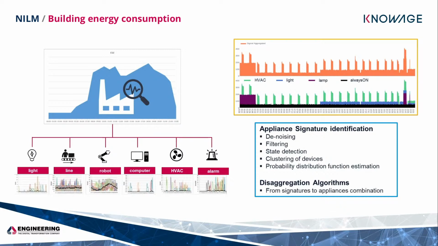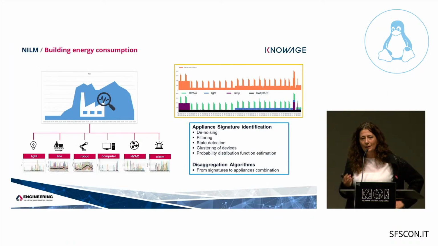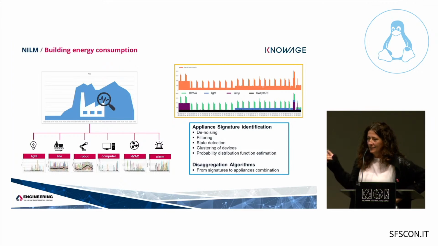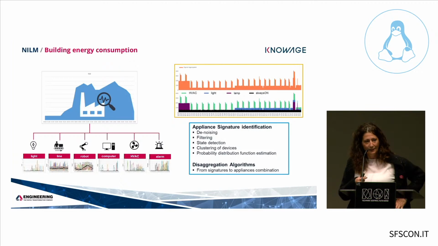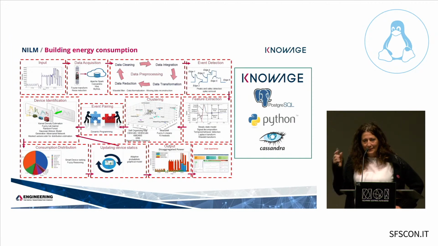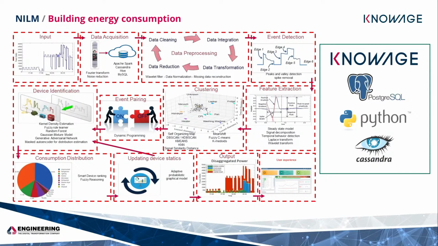And this is so difficult because usually you take a lot of data and you aggregate them. Here we have just one data stream and we have to break it into single components, understanding which is the right equipment. So we again use IoT sensors to take data. We use a lot of models to understand the signature, in terms of power consumption, of each equipment, and then we use the only data we have, the energy consumption at home,